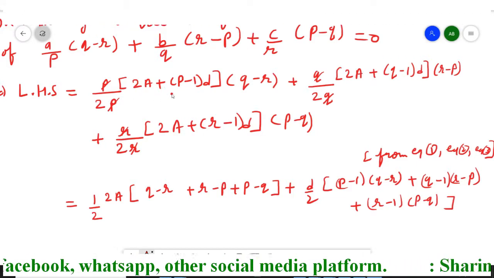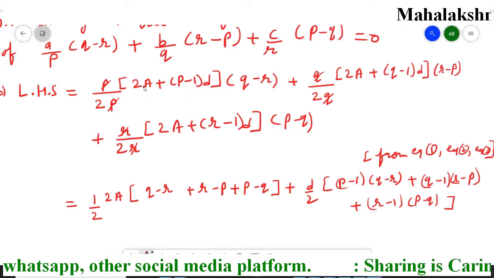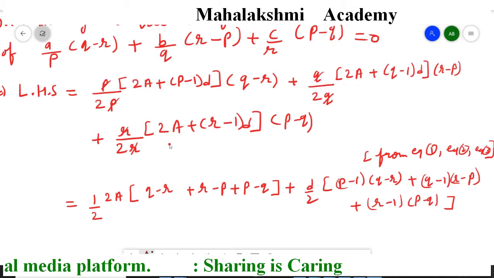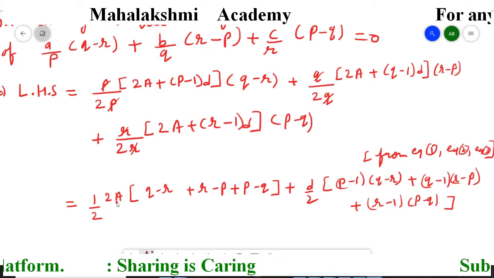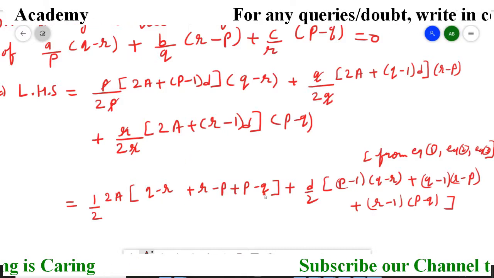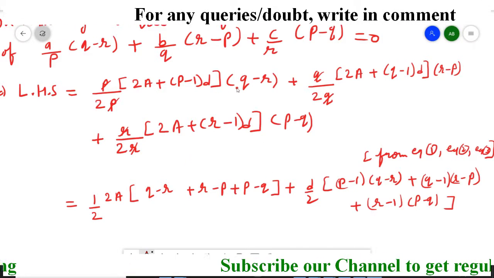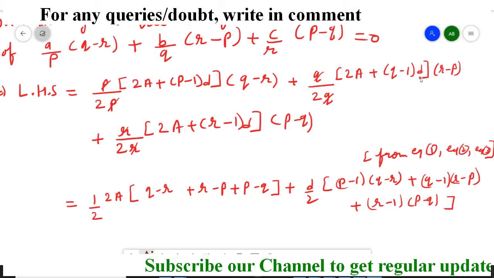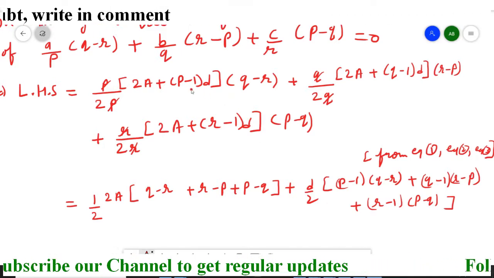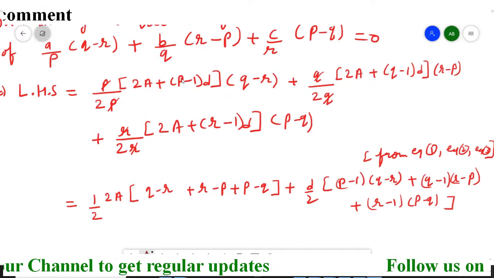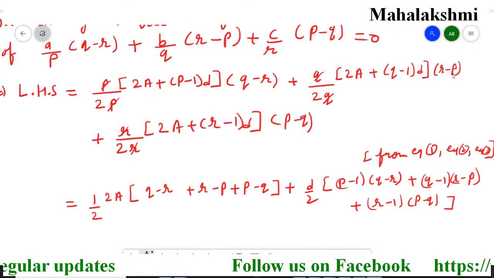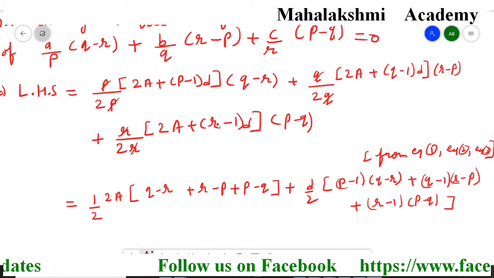When we open this big bracket, in all the first terms 2a is common, so I took 2a common, and then the small brackets attach with all the 2a's, so I wrote small brackets here. And in all second terms you can see d upon 2 is common, so I took d upon 2 common, and then the small brackets remain, that is p minus 1 multiplied by q minus r. In the same way, q minus 1 multiplied by r minus p, and here also,